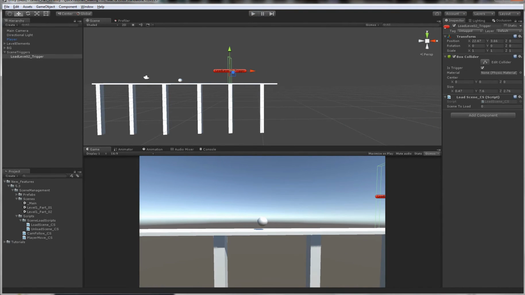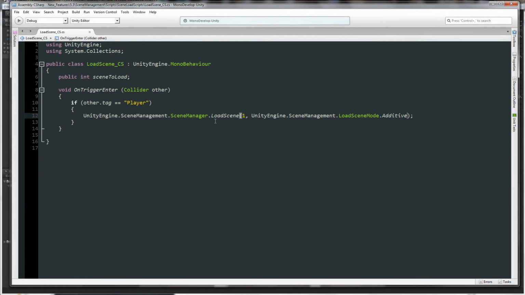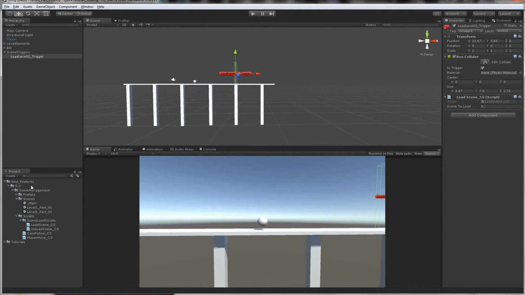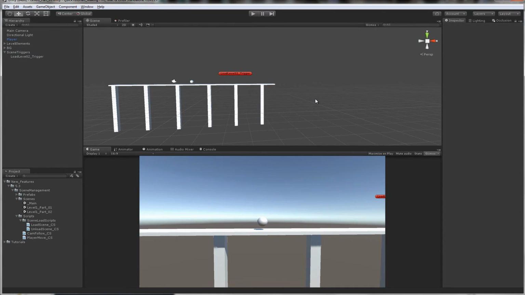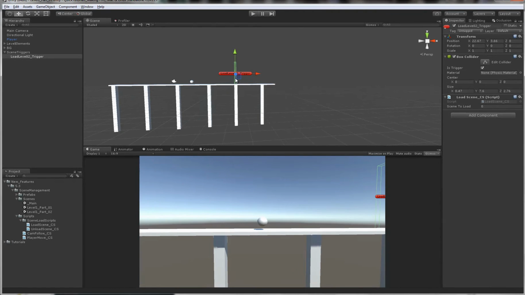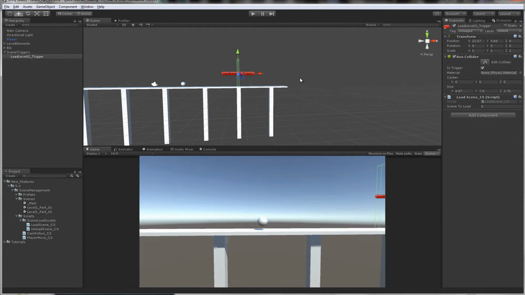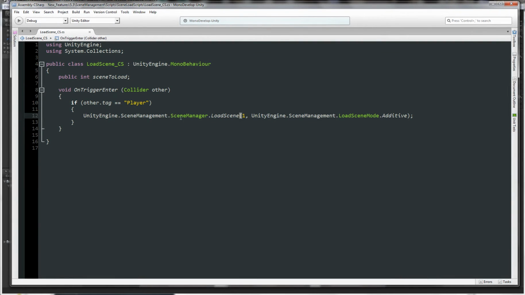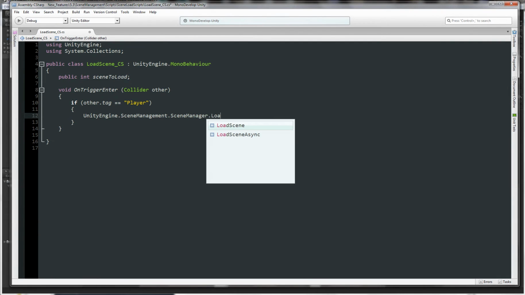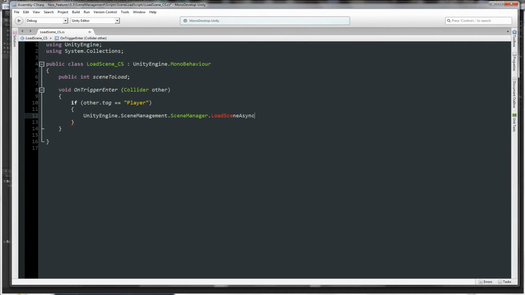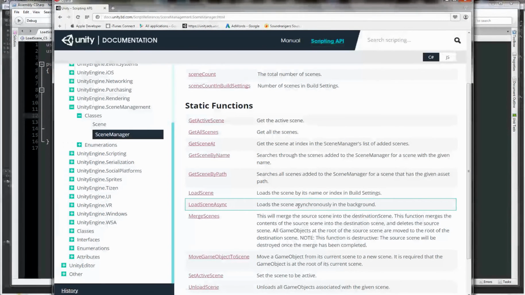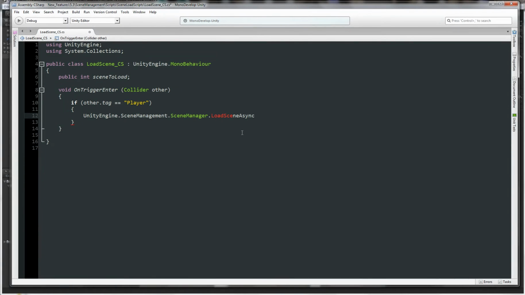Now there is a small problem here. If you use this method and your second scene is bigger and needs some time to get loaded, you will get a small freeze of the game, because Unity, or actually the game engine, has to load the next scene. So instead of doing that, you're going to say LoadSceneAsync, which loads the scene asynchronously in the background, which means that it starts loading the scene slowly while keeping free memory for the game to be played,